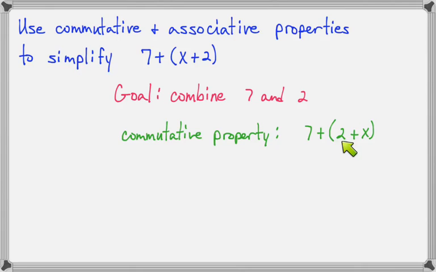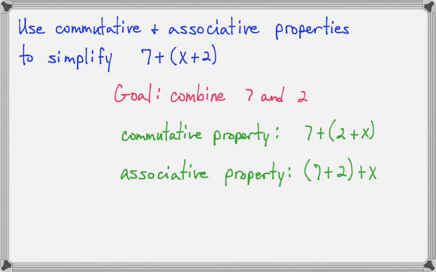Now I want to combine the 7 and the 2, so I'll have to change the grouping using the associative property. Makes it 7 plus 2 grouped together plus x, and 7 plus 2 is 9. So we have 9 plus x. Now in the future, we will just automatically, when we see something like this, be able to go to this step,